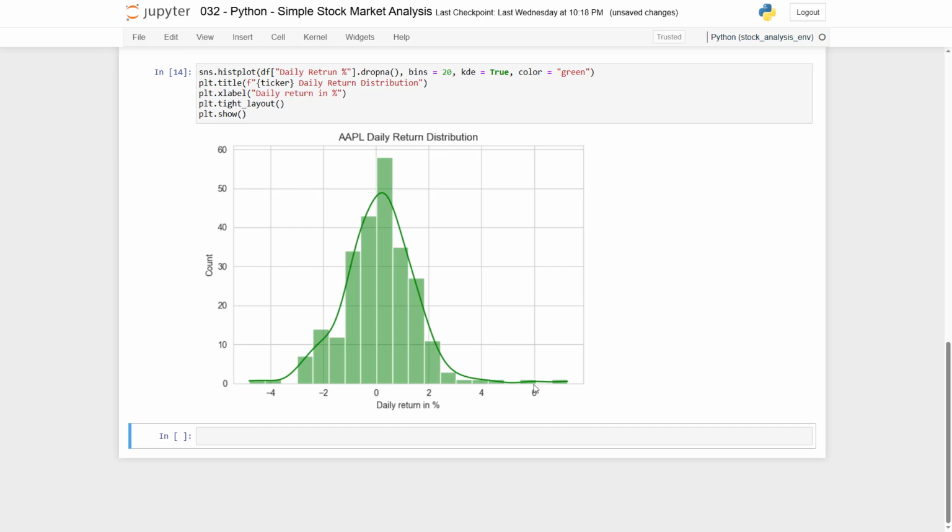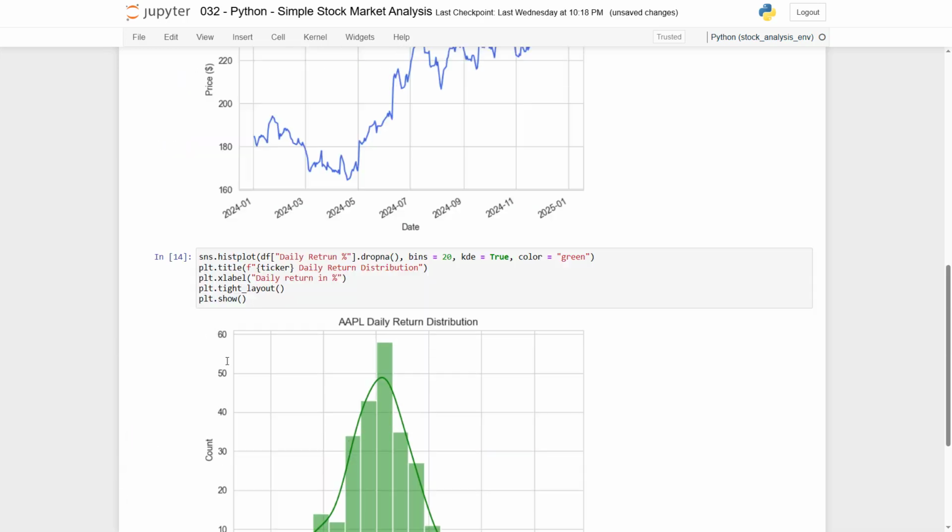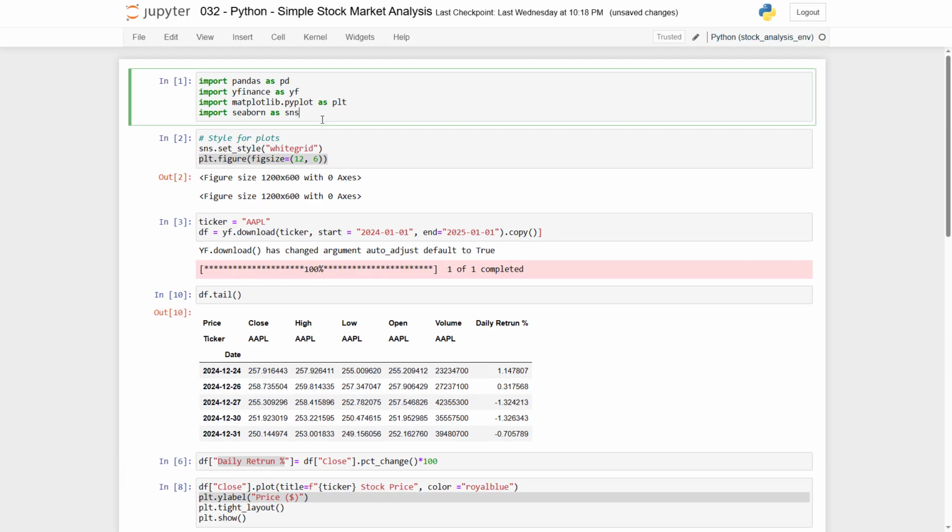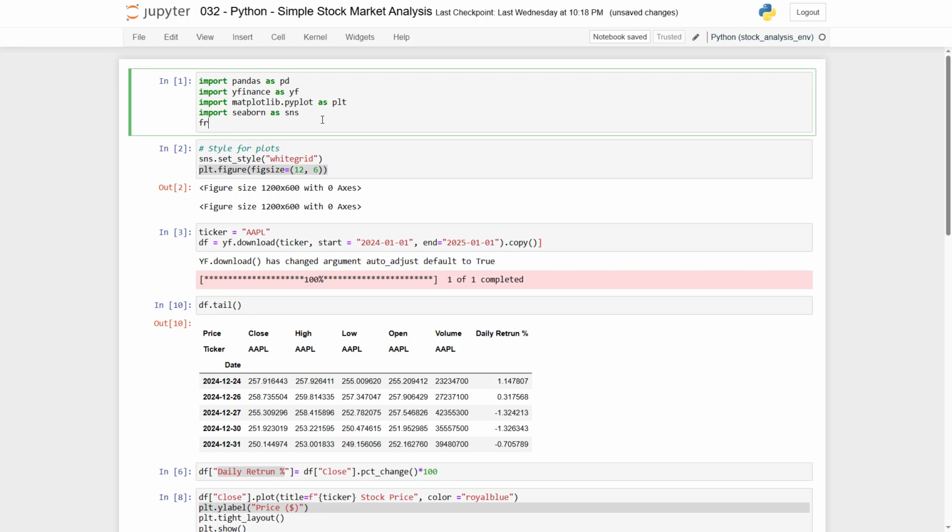Okay, what is interesting here is that immediately, with 20 bins, or even with 10, or however we put it, we see that there are days on which we get more than a 6% return on that stock, and there are days on which we get -4% and more. And the question is, how do you want to get these days? That's a really decent question, and for this one we'll be using